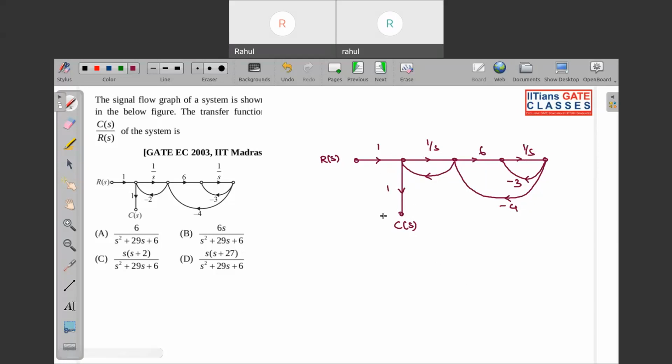So if you look over here, the forward path, let us put the node numbers. So this is 1, this is 2, this is 3, this is 4, this is 5. Okay. So the forward path will be what? From 1 to 2, 2 to 3, 3 to 4, and from 4 to 5. Okay. So this will be what? This will be path gain is 6 by,